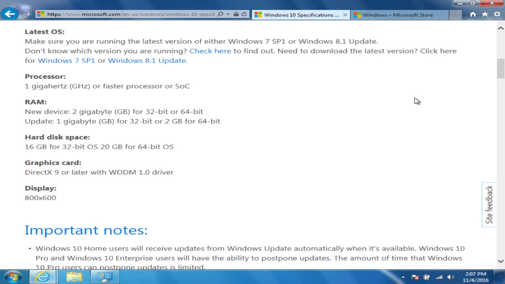It's just not going to work as well. That's why I recommend you have an Intel Core i3 or better processor or equivalent. They're newer, faster processors than, say, a Core 2 Duo or even one of the older Pentiums. They can handle the Windows 10 operating system better.